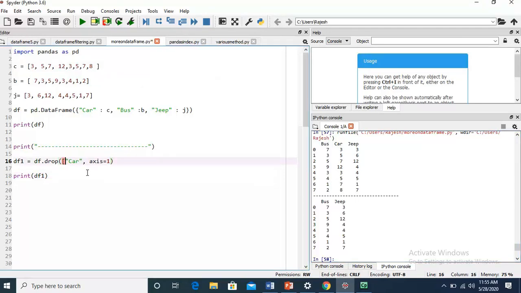No need to worry, simply use square brackets like this, and write the name of the column bus and another column Jeep, with J in capital, then comma axis, and press F5. You just see the columns bus and jeep are deleted. Here you will get only car. Is it okay?